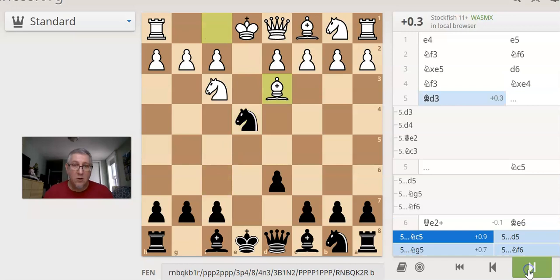Chase that knight away, get our pawn back, and now white played a move which is not a great move, putting the bishop in front of their pawn. Not a great move. Kind of cramps all of white in. So you are attacking the knight, but black has a lot of easy options here. I probably would play,